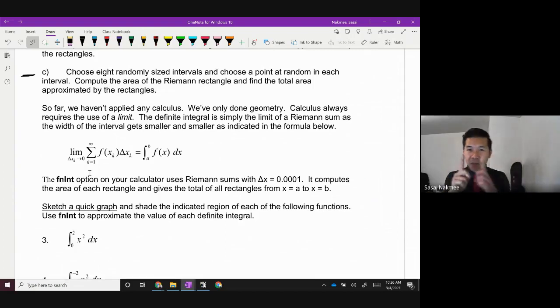So as n goes towards infinity, the widths of each of these rectangles get infinitely smaller, till it becomes almost 0. So we have to see, what does it approach as that approaches 0? And what that approaches is just the area underneath the curve to the exact value. You're no longer doing it as an estimate. It gives you the spot on exact value of what it is.